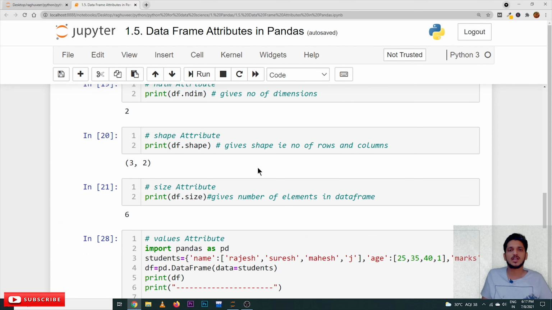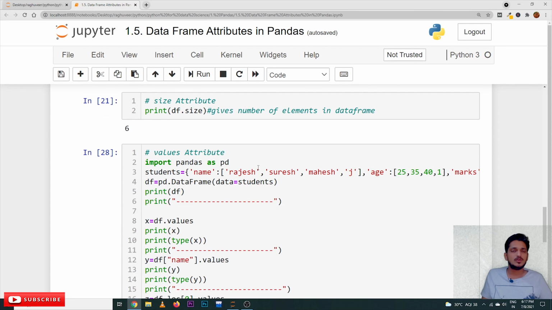Coming to our next and last attribute, the values attribute. The values attribute will give the values that are present in our data frame. We can use it in many ways. This is very important. We use these values many times in our data science.